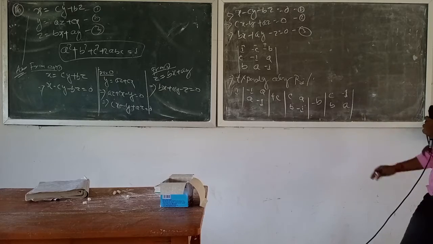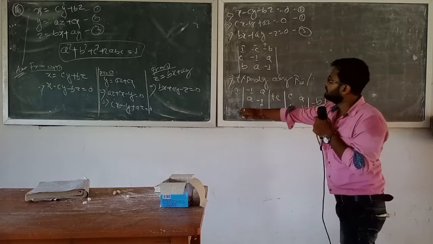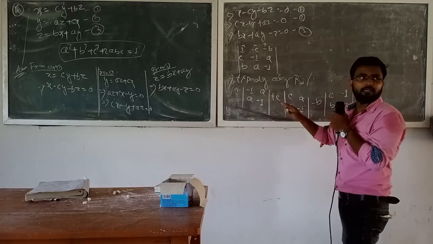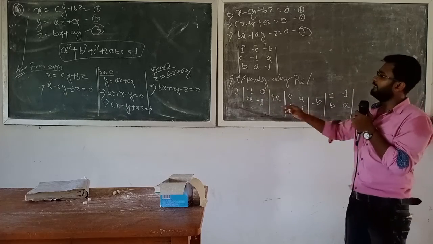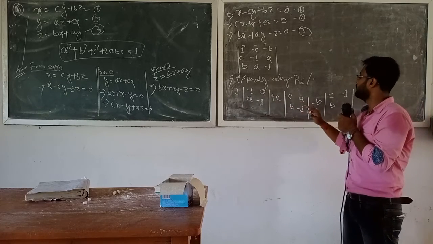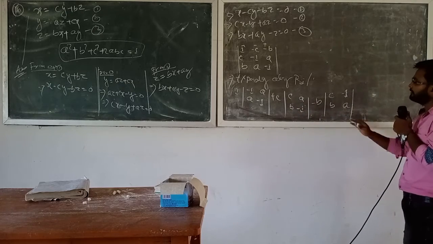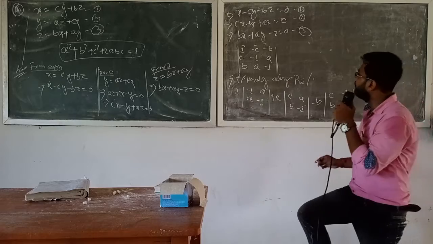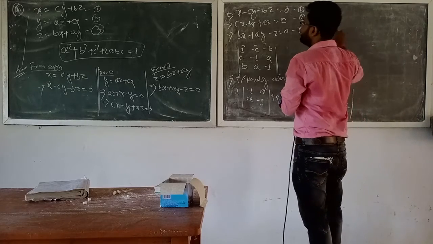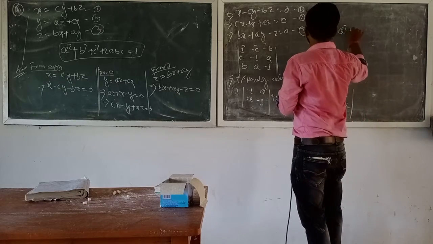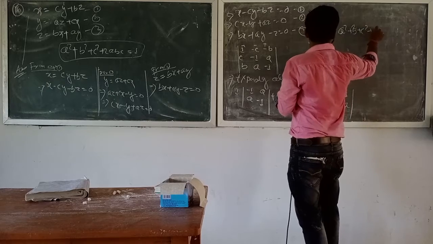Now you can use this, like the principal diagonal element multiplication minus the other diagonal. Principal diagonal multiplication minus the other diagonal. Then you can find the values, like as the proof a square plus b square plus c square plus 2abc